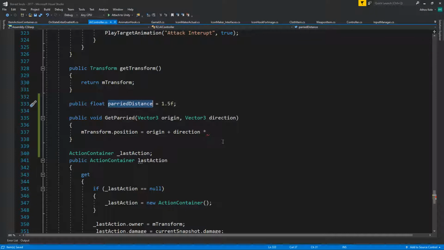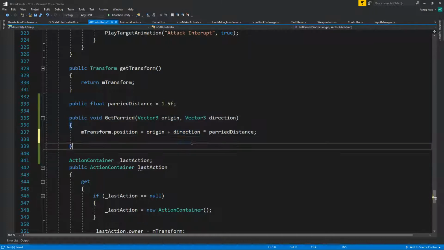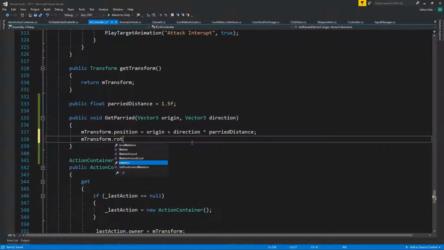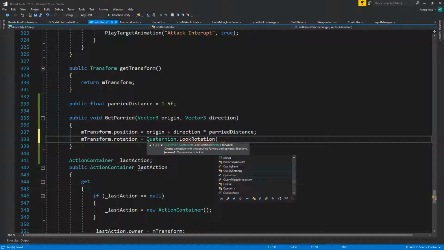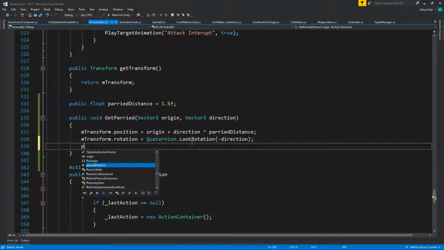We'll see how much that will be by parried distance. Okay, rotation, we should be looking at the rotation. So if this is the direction, then that means m transform dot rotation quaternion dot look rotation, the opposite of the direction the player is looking. It means he's looking at us, and all we have to do is